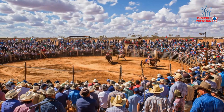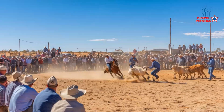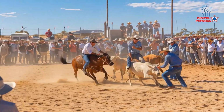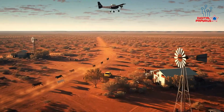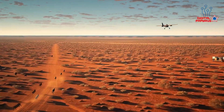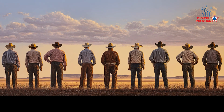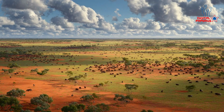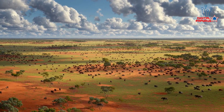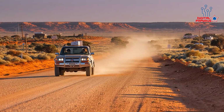The station community also keeps alive social traditions of the bush. Events like the Oodnadatta Bronco branding competition or the Mari Muster attract station hands from miles around when schedules allow, giving them a chance to show off their cattle handling skills and enjoy a bit of friendly rivalry. Through it all, the people of Anna Creek carry a deep pride. They are caretakers of a legendary station, living a life that outsiders might find unbelievably hard, but one rich in freedom and connection to the